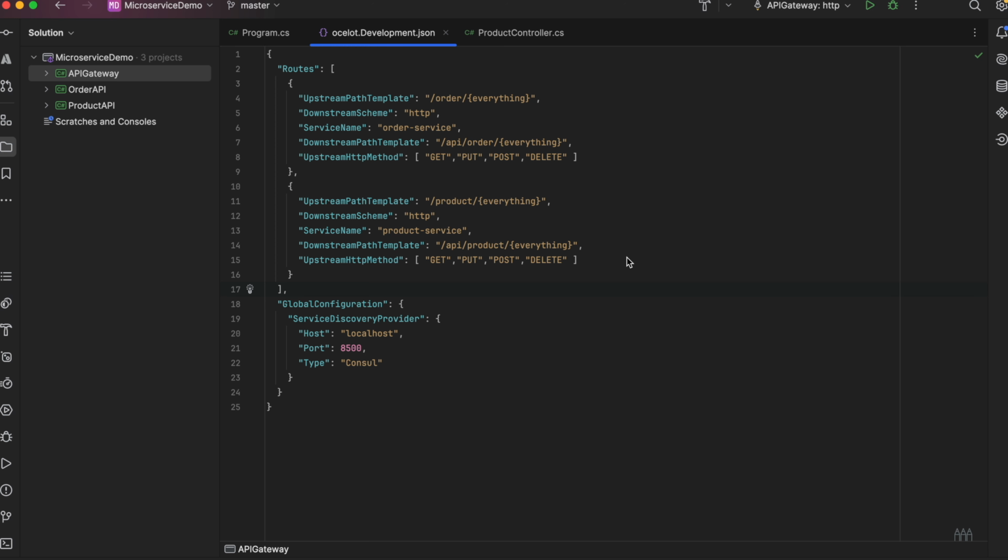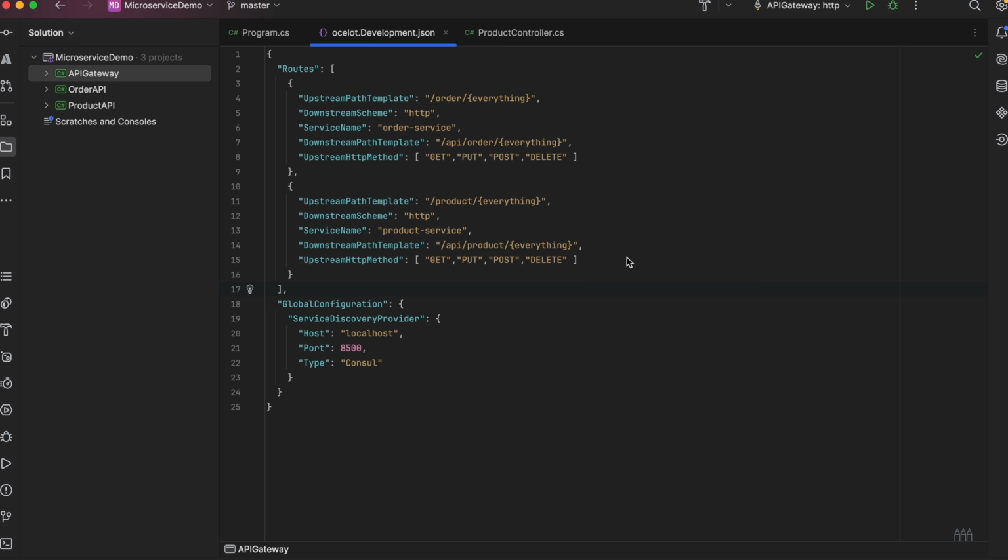If you have gone through my videos related to the circuit breaker policy, you already know when we make a call from one service to another service, and if something is failed at the service level, let's say the second service is not responding, then we should have something implemented to handle those scenarios. So that can be done by implementing the circuit breaker or the fault tolerance at microservice level. We can also implement the fault tolerance at gateway level as well.